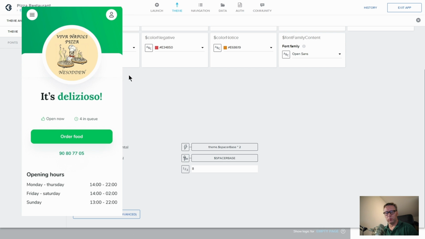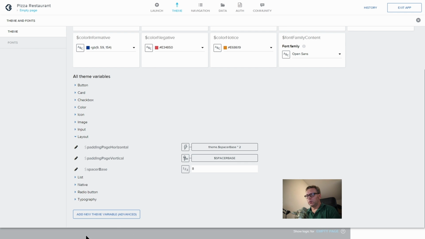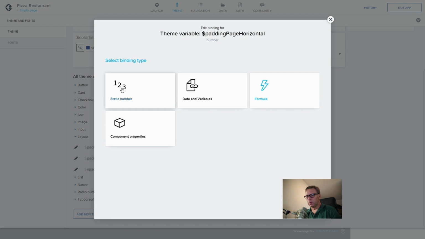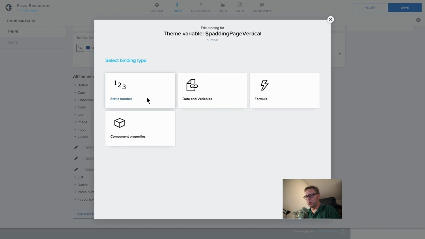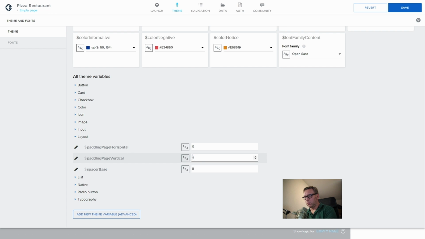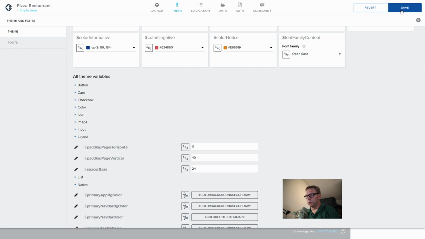So I'm just gonna remove that completely now. So this one here, static number, this one I would like to make 0, and the top will be 40, and then this is more for the side, will be taken along later on. So we'll save this,